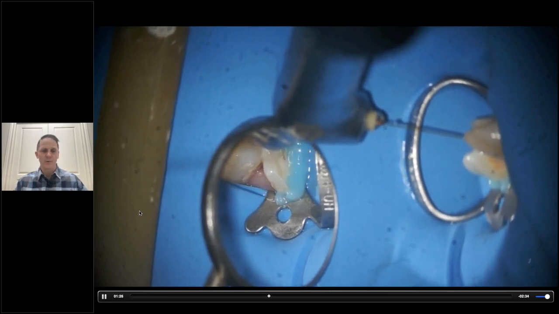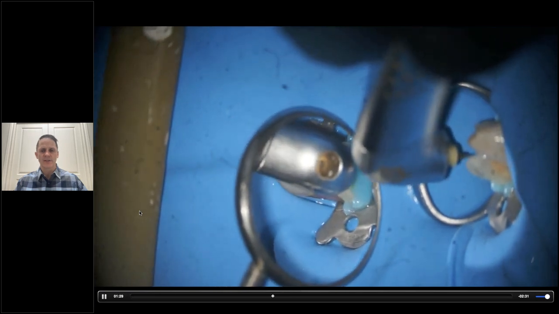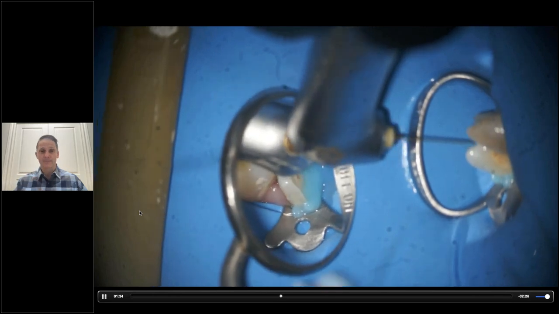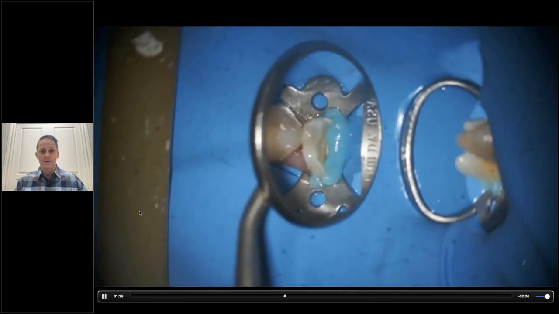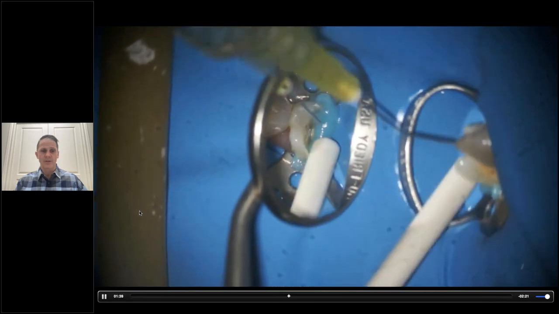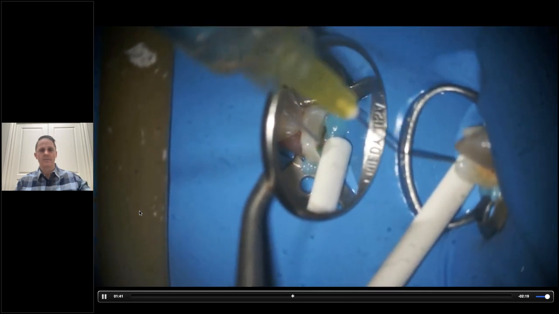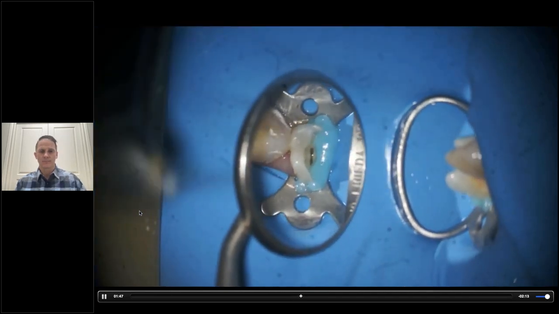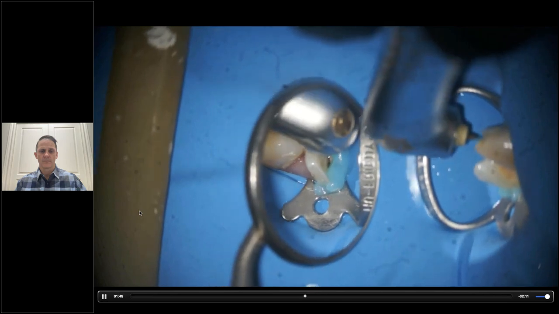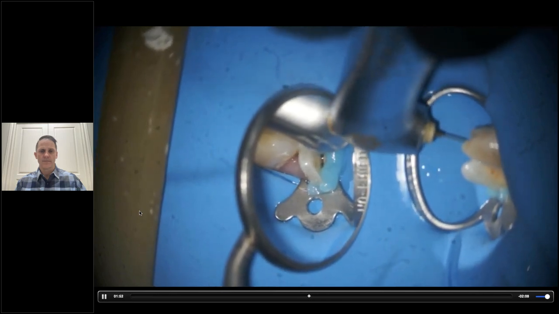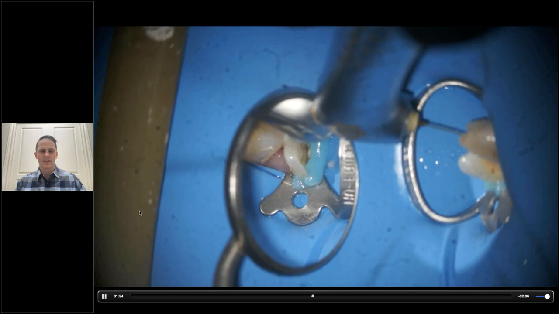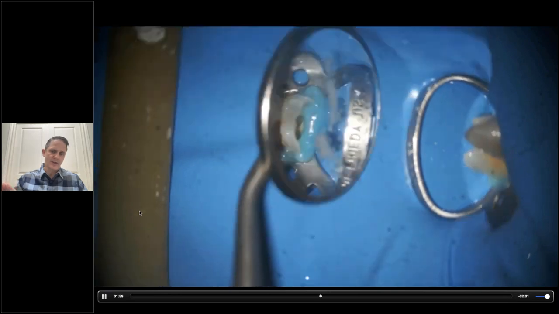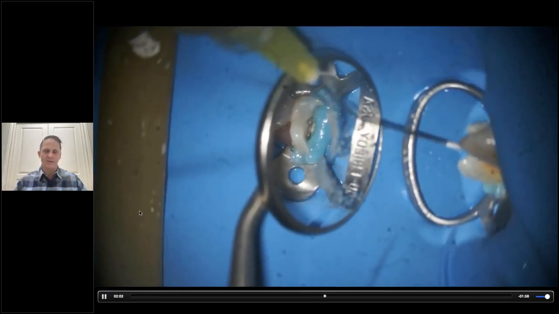So we're at 1.25 watts, 50 hertz on here. Drop down the other canal, same thing. Mid root, activate on the way out. We're going to come back and we're going to refill the solutions again. Looking great, okay? You can see the activation that's going on there, that fluid that just popped out. These canals join, so it's coming down one, going down the other, and popping out the other canal there.